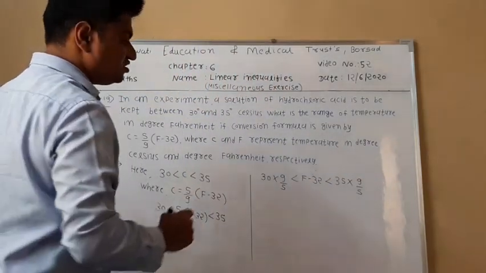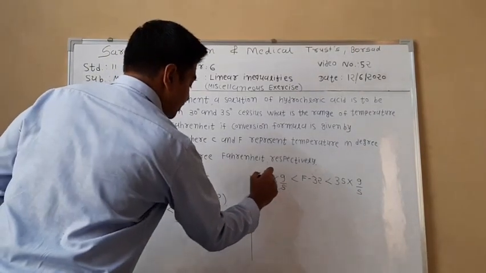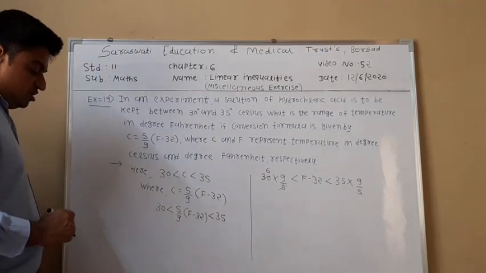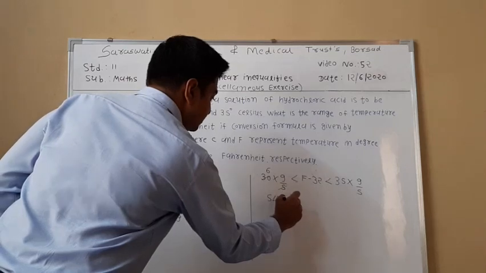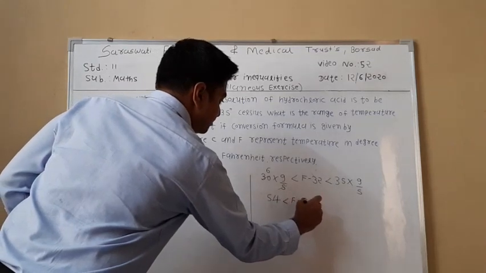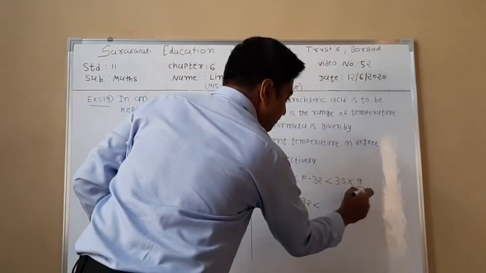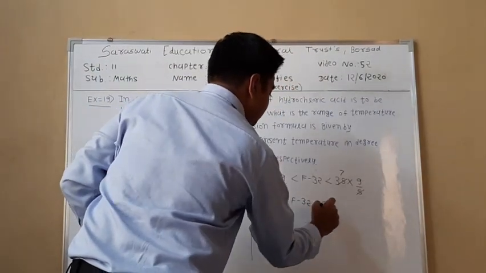Now after cancelling this term, 6 fives are 30, so 9 into 6 is 54, less than F - 32, less than, again cancelling this term, 7 fives are 35, 9 times 7 is